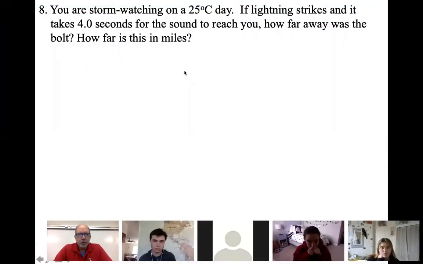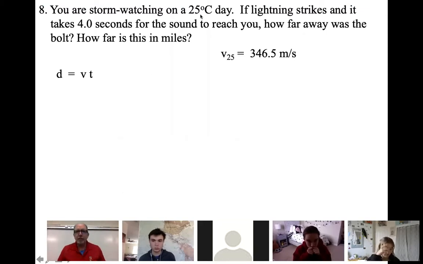So sound is going to travel at a constant speed through the air. The speed of sound on a 25 degrees Celsius day. Oh, by the way, 25 degrees Celsius is a very comfortable summer day. It would translate to the mid-80s. For around here, it'd be early spring or fall, I guess. In summertime, it's hotter, from where I come from. It'd be a very comfortable summer day, mid-80s. So not out of the realm of possibility at all.